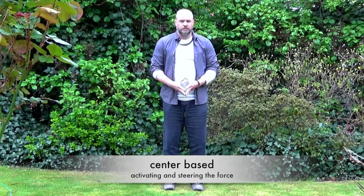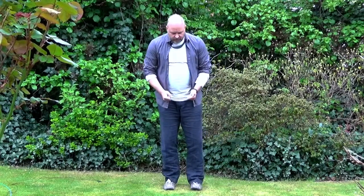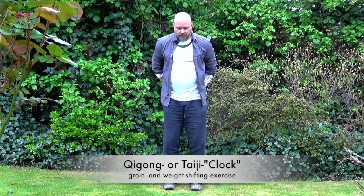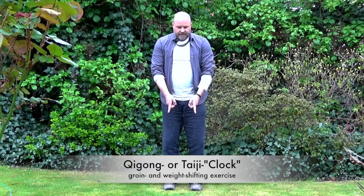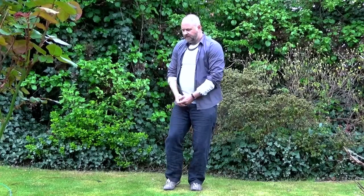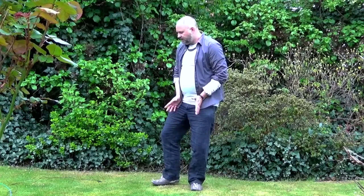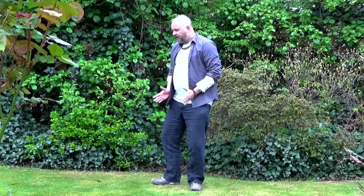One way of training this particular function of the hip, of the groin, and also the shifting of the weight in the legs and feet: I imagine I would stand in the midst of a clock face. At the starting point, my toes are pointing to the 12 o'clock position. In this case, I'm sinking into my left leg, the right leg becomes more and more empty, and now both groin joints open simultaneously so that the right foot, like a clock hand, finds its resting point at the 3